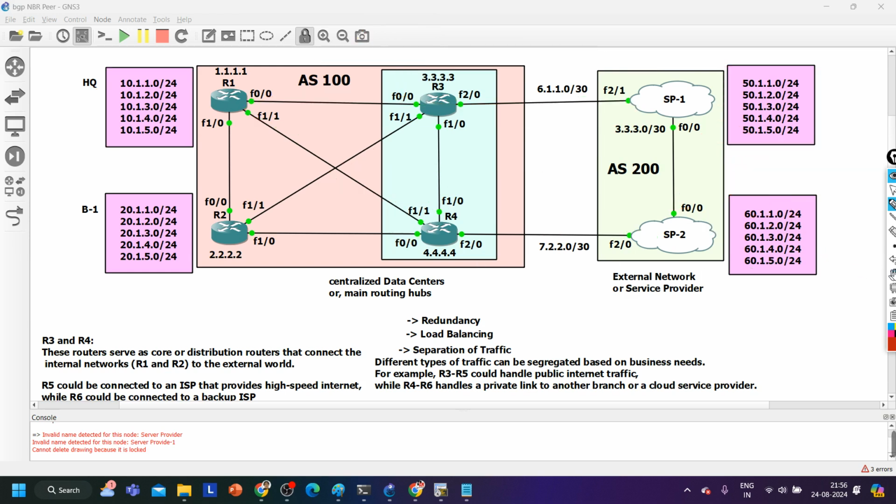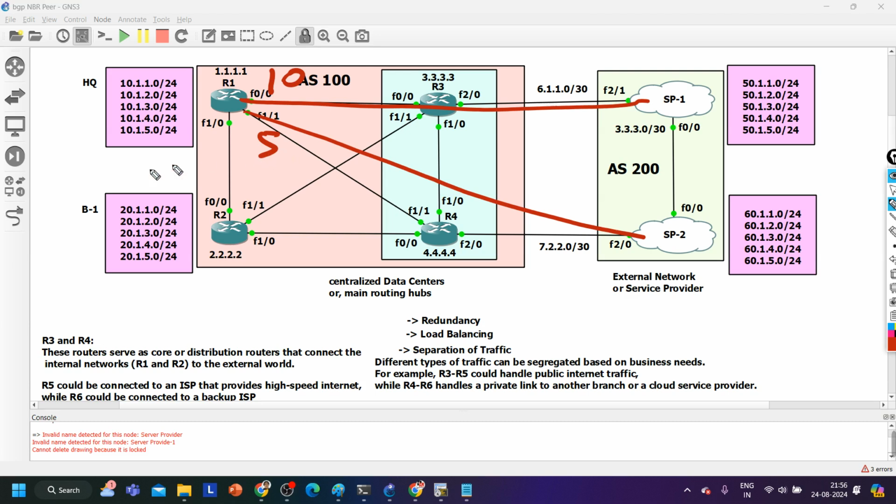The second attribute is the weight attribute. Again, that BGP topology is this one. Here I have configured weight value 10, and here I have configured weight value 5. So whatever prefixes router 1 receives from ISP1, it will set weight value 10 on this interface 0/0, and whatever prefixes it receives from ISP2, it will set at weight